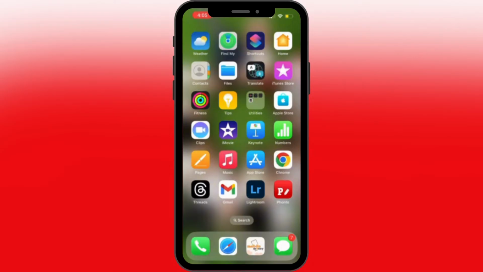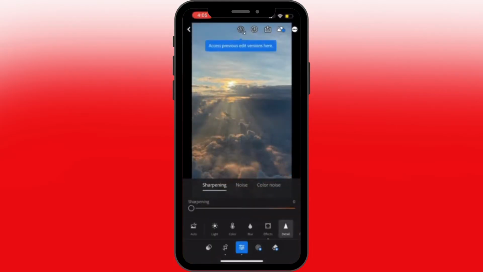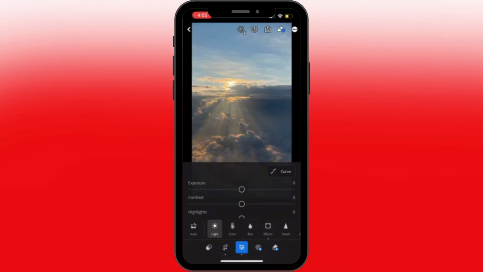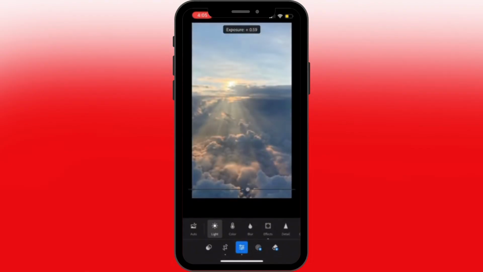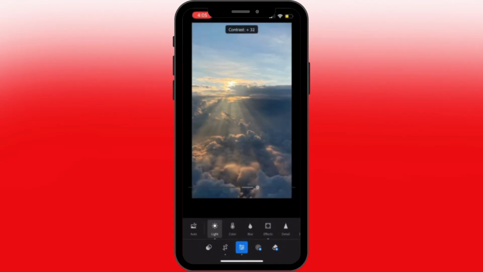Let's tap into the Lightroom app itself. Let's choose this photo over here. What you have to do is go into the light and exposure. We need to put the contrast up to like